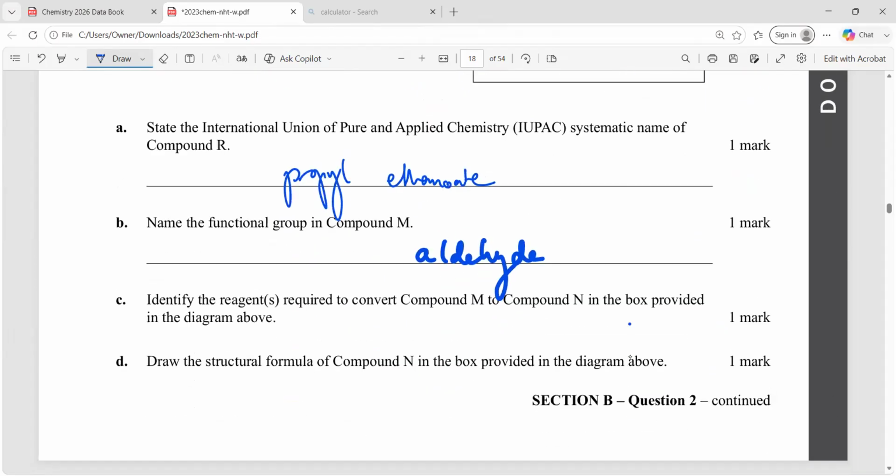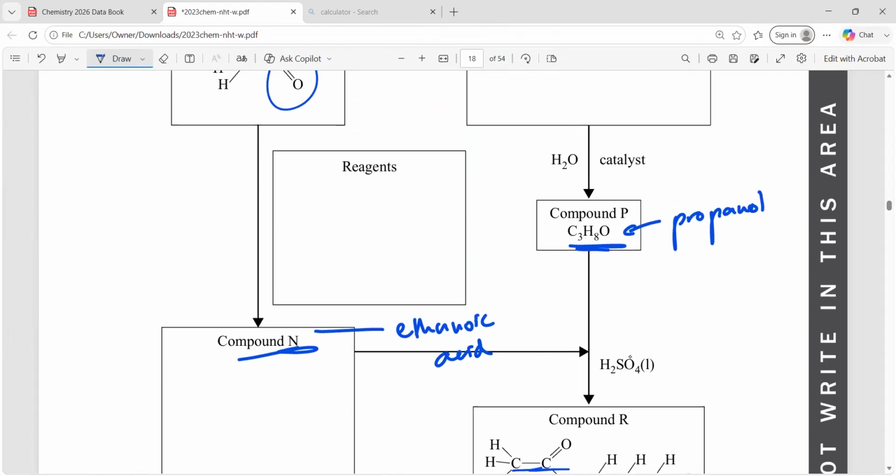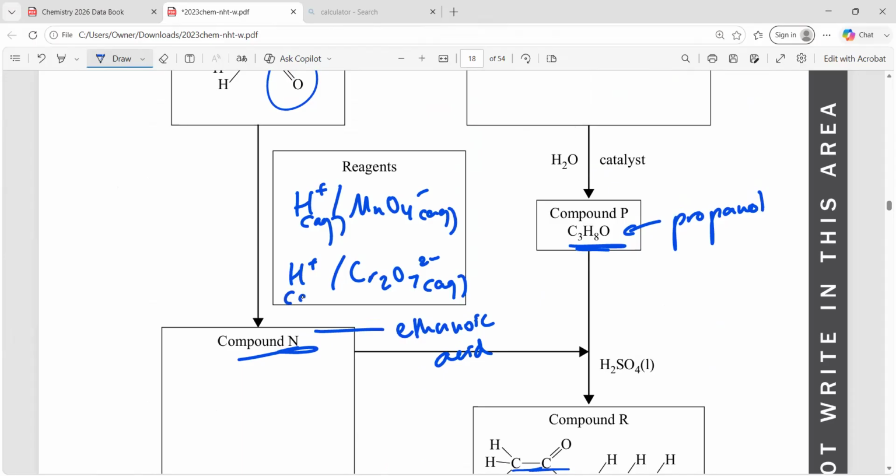Now, our two lovely oxidizing agents that we always love to include here is either H plus MnO4 minus aqueous or H plus Cr2O7 2 minus aqueous. Now, the biggest thing here is sometimes I see people putting like a K plus here. That is wrong. Okay, so it's really important that these are acidified permanganate ions, okay, or acidified dichromate ions, because